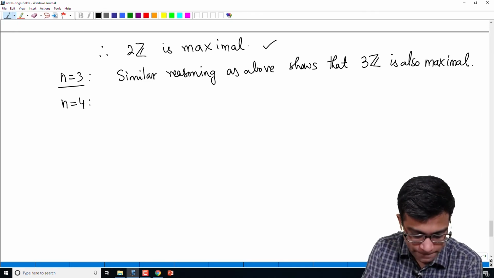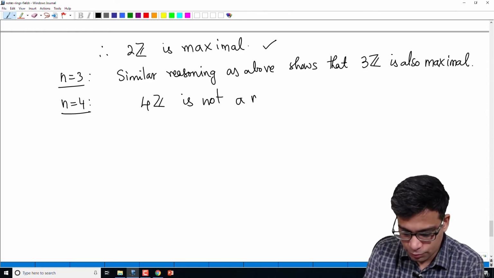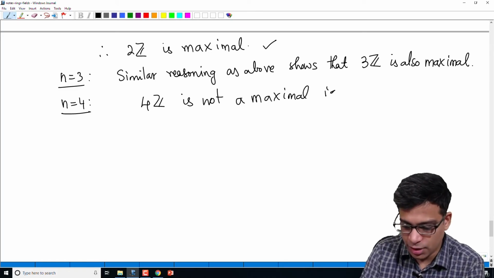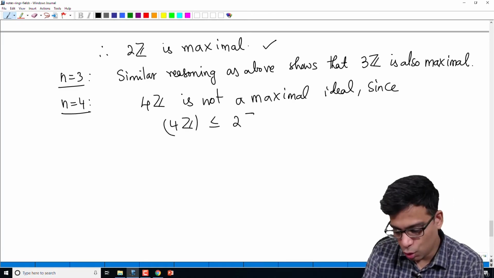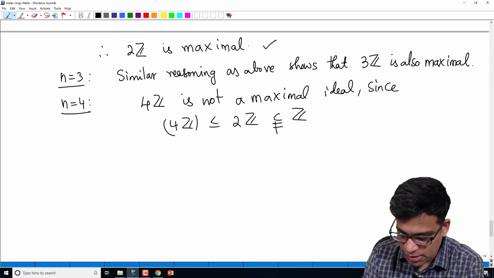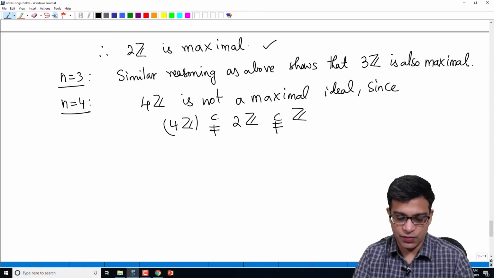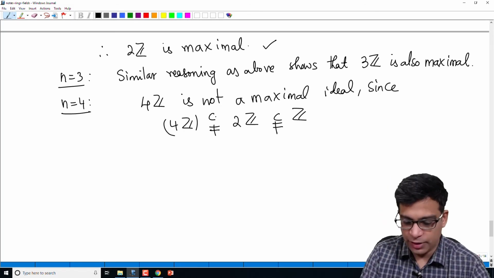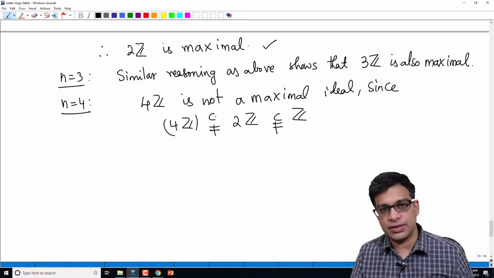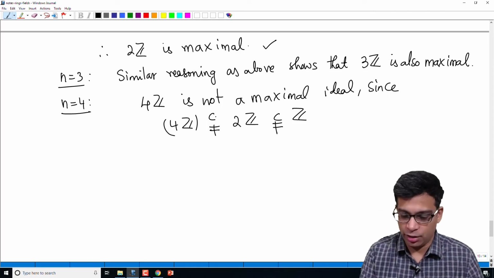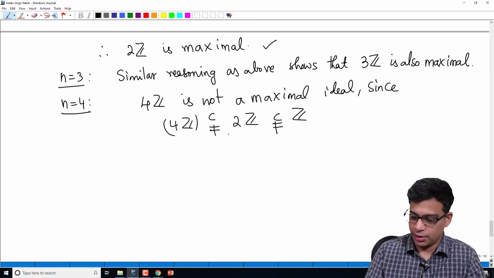What about n equal to 4? 4Z is not maximal if you think about it for a minute. It's not a maximal ideal. Why is that? Since 4Z is contained in 2Z, which is contained in Z, this is proper, this is proper. Right? 2Z means all even integers, 4Z means all multiples of 4. Certainly every multiple of 4 is even, so 4Z is contained in 2Z. But 2Z contains 2, 4Z does not contain 2, so this is a strictly bigger ideal. And 2Z of course is not the entire ring, so there is something strictly in between 4Z and Z. So this is